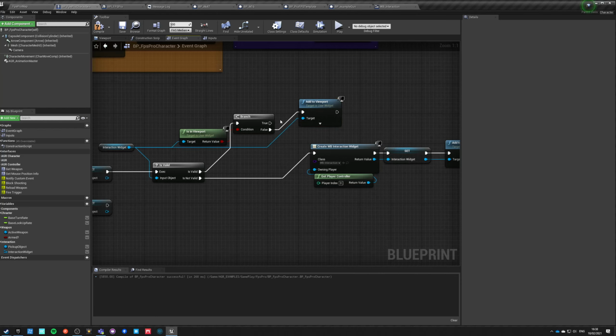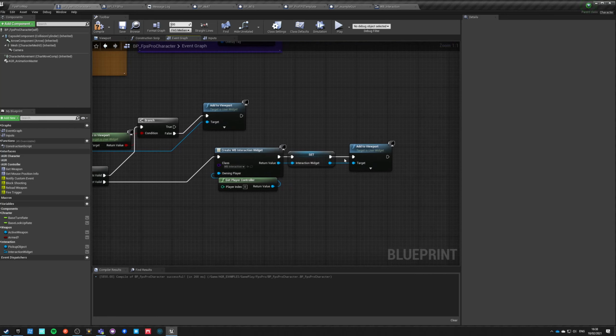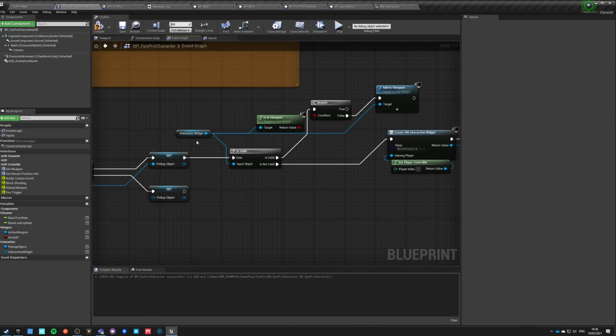Okay, so only if it's false. So the logic is like this. Do we have interaction widget? No, we don't. Then make one and add it to viewport, because we hit an object that we want to notify the player that we can pick up. But if we have interaction widget and it is on screen, do nothing. If it's not on screen, display it on screen.